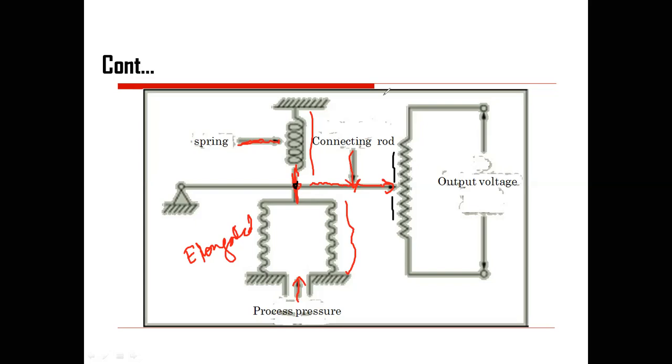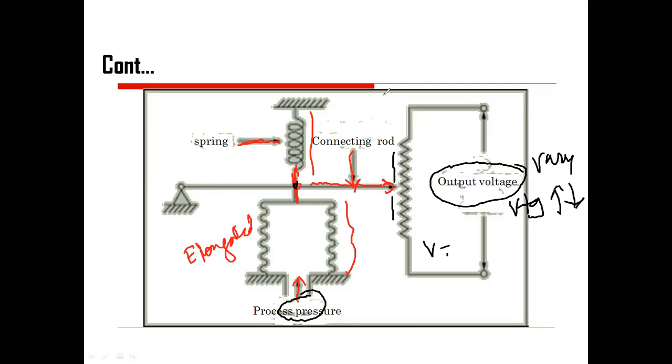Now, when the resistance varies, the resultant output generated will also vary. This variation totally depends upon the pressure that has been applied as an input to the bellows. So your output voltage may increase or it may decrease,